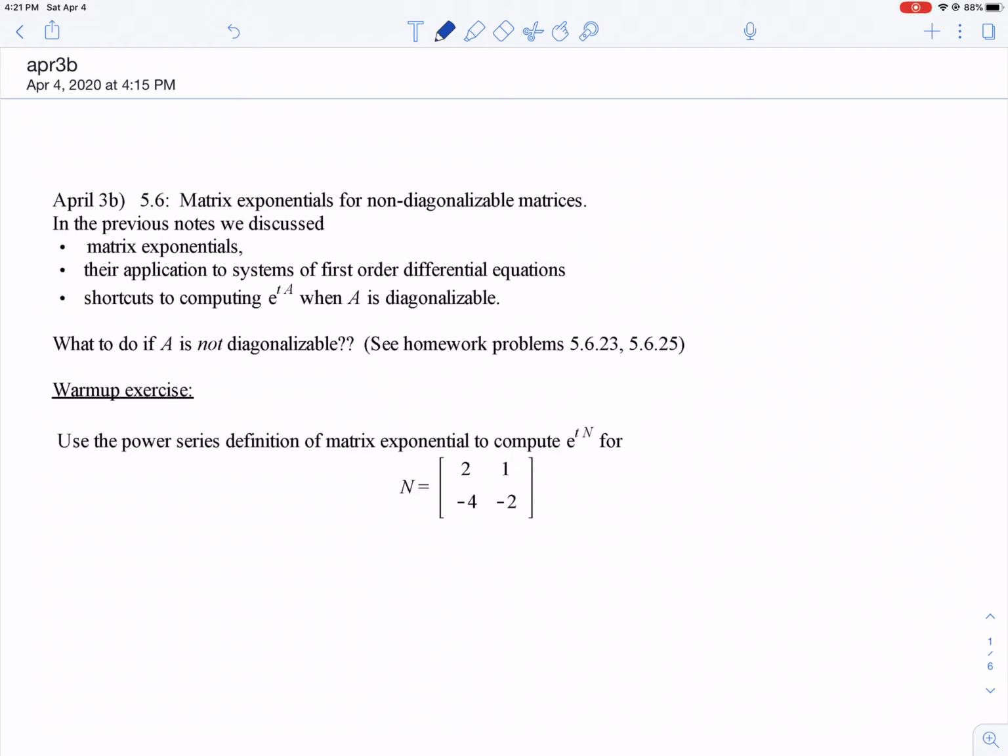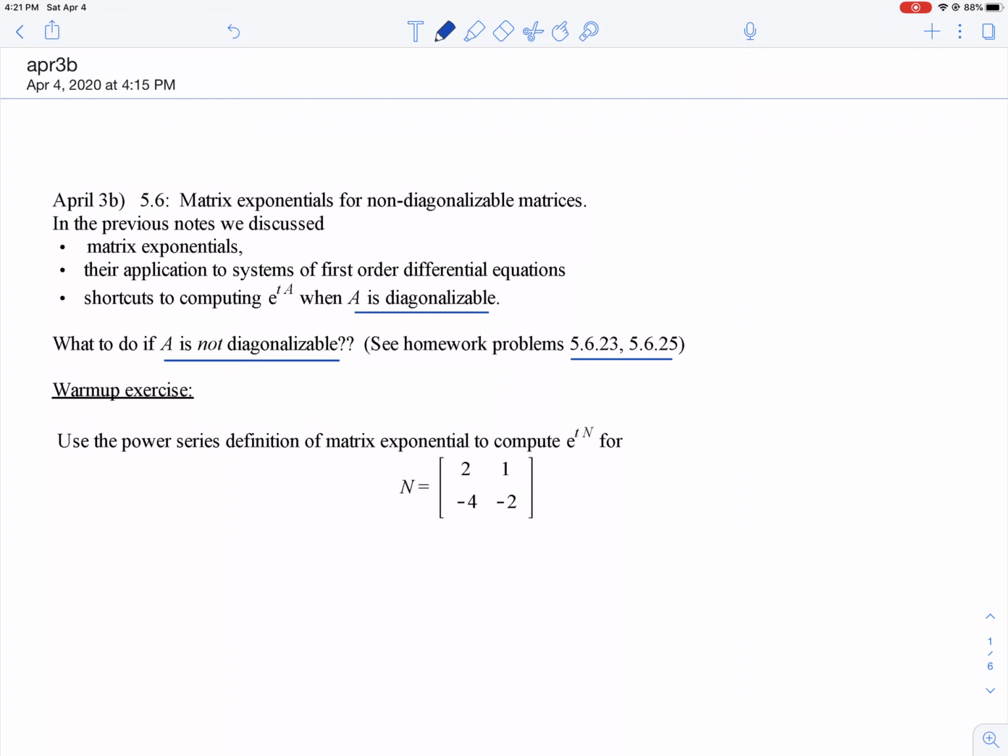Hi, in this video we're going to clean up a loose end from the April 1st video where we talked about finding e to the tA for square matrices when A was diagonalizable. So in these notes I'll talk about what to do when A is not diagonalizable, and this relates to a couple 2x2 matrices in your homework that's due for this week, and to other problems in that section which I